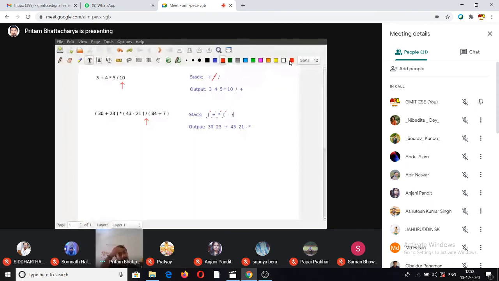Okay, and then again you have an opening parenthesis, so you just push it in blindly. I move my arrow over these two symbols. I've gone to 84. So 84 being an operand, quite simple actually. Just push it in. Then you have a plus. So whenever you have on top of stack an opening parenthesis, you are always going to push the operator encountered. So push the plus here.